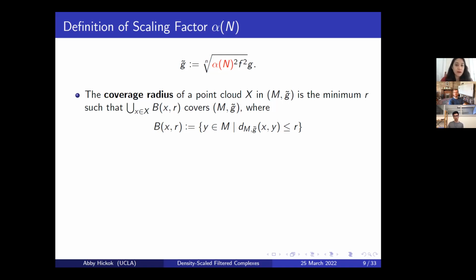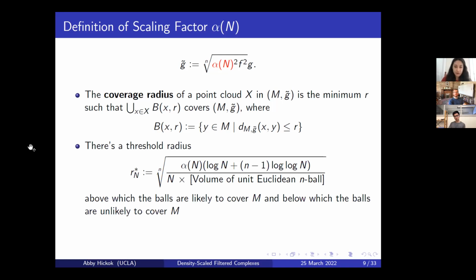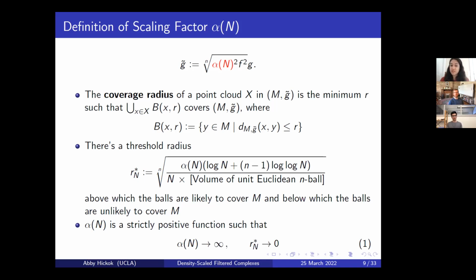There's this very old work that says there is a threshold radius, denoted here by r star n, where n is the number of points. The equation I've written is specifically in the density scaled manifold. The threshold radius has this equation in terms of the dimension of the manifold, the scaling factor, and the number of points. Above this threshold radius, the balls are likely to cover the manifold, and below it they're unlikely to cover the manifold. And so this scaling factor is defined to be some strictly positive function so that